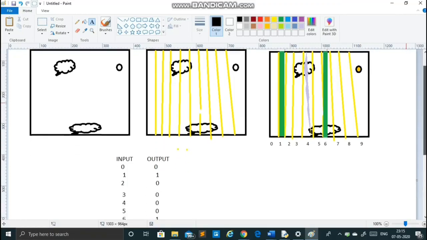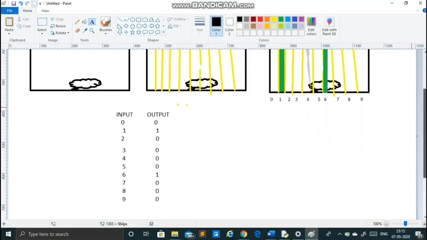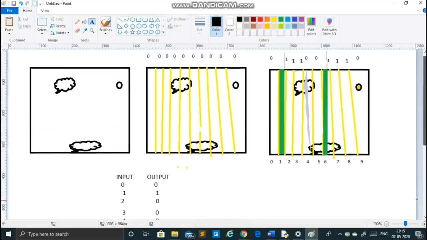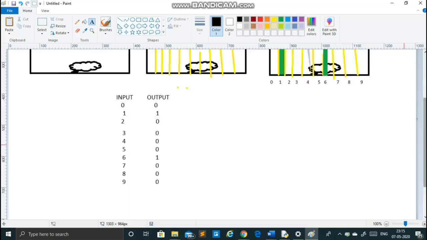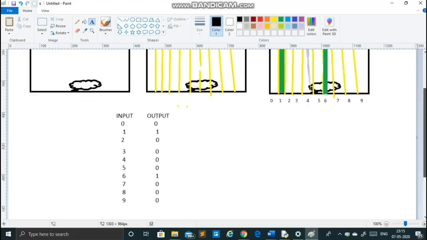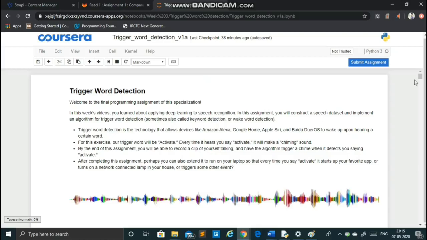By the end of this we get the input and output files for our training data. You can see at timestamp 0 it is 0, at timestamp 1 it is 1, meaning our required image is there. I made some mistake here, but you understand the basic concept, right? You will get the inputs as timestamps and the outputs as the labels detected. From there we continue our work to the training model. Now let's dive into how the audio works.